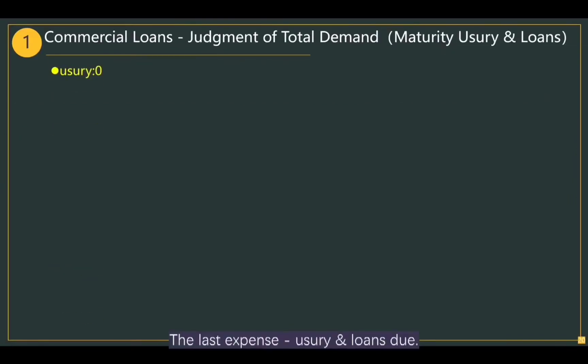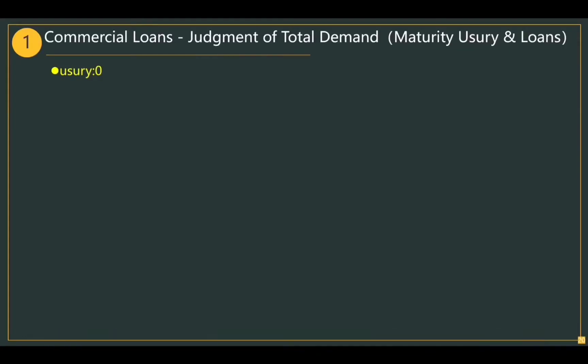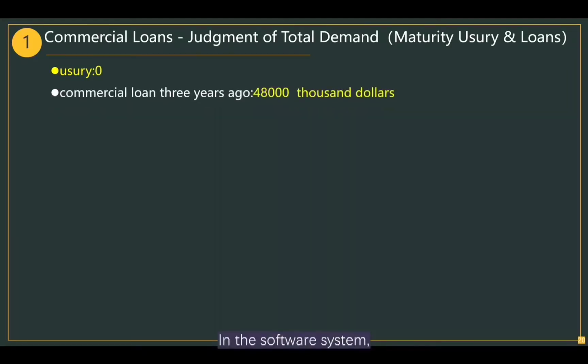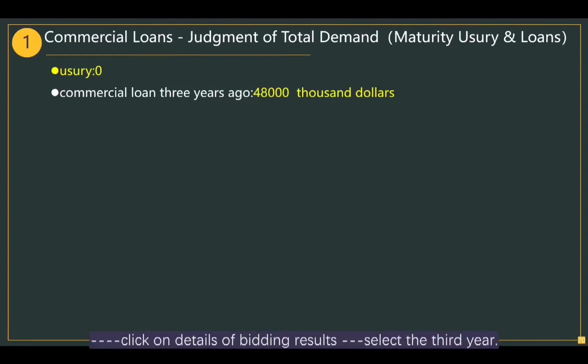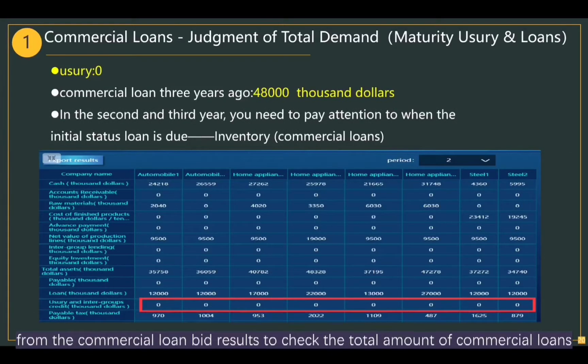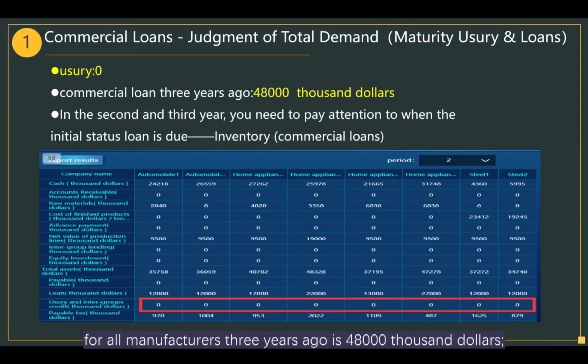The last expense, usury and loans due. In the software system, select Performance and click on Balance Sheet. We know from the balance sheet that the amount of usury for all manufacturers in the second year is 0. In the software system, select Loans, click on Commercial Loans, click on Details of Bidding Results, select the third year. From the commercial loan bid results we check the total amount of commercial loans for all manufacturers 3 years ago is